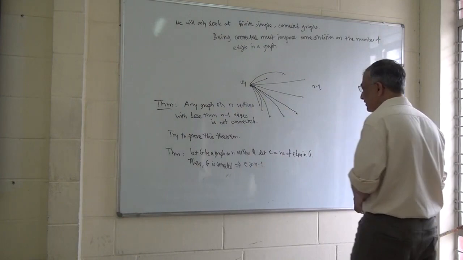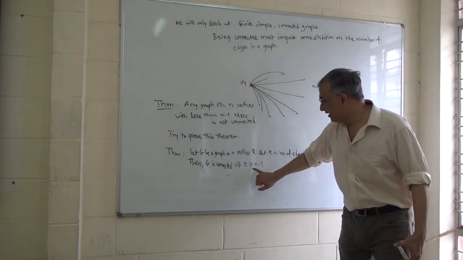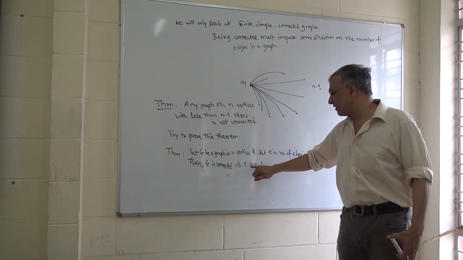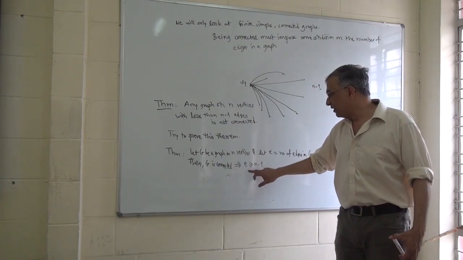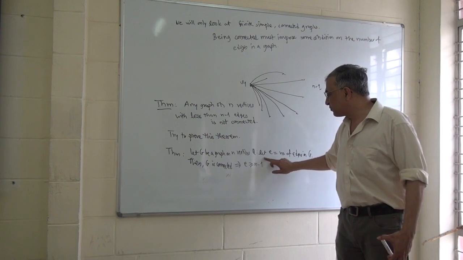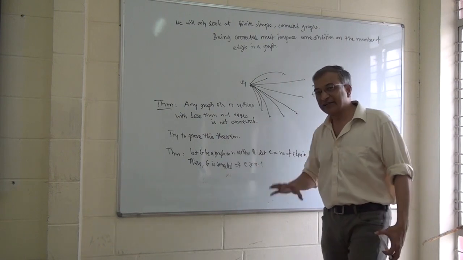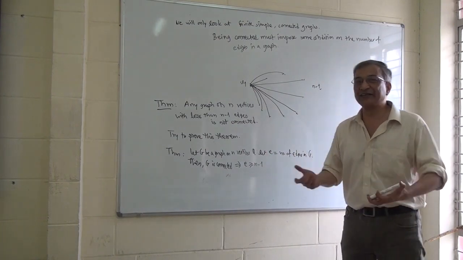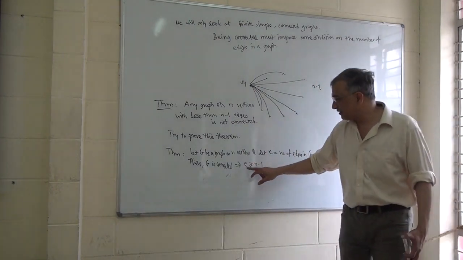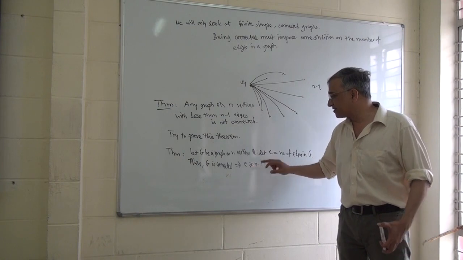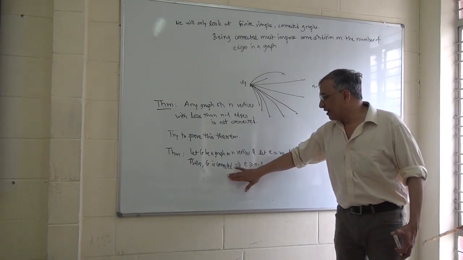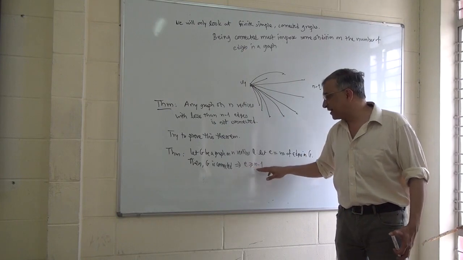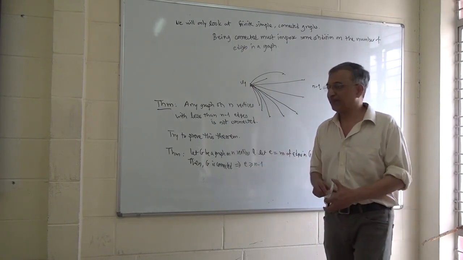Now in mathematics, whenever there is an inequality that is not strict, that means it is not E strictly greater than n minus 1, the case when equality holds is usually something very special. This happens again and again in maths. Whenever there is an inequality, the equality case is very interesting. So what we are going to understand next is what happens when E is exactly equal to n minus 1.